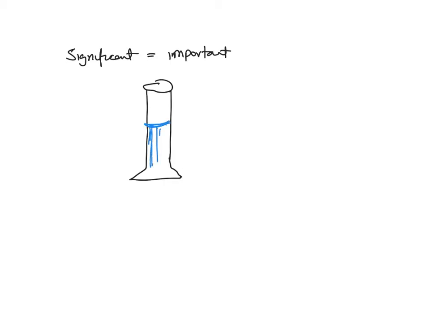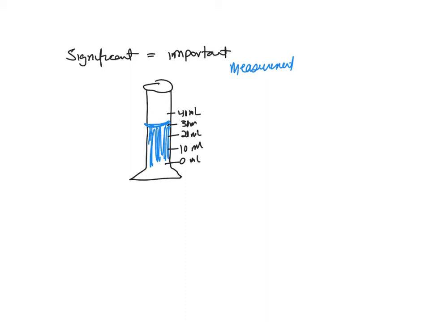So when do you have significant figures? You have significant figures in measurements. So you're going to be working in the lab and you have something here that might be 0 milliliters, 10 milliliters, 20 milliliters, 30 milliliters, 40 milliliters. Okay, so if you have something like this and you only have the markings for every 10,